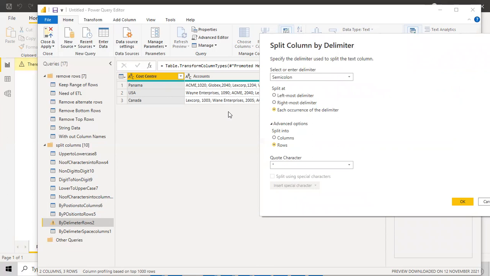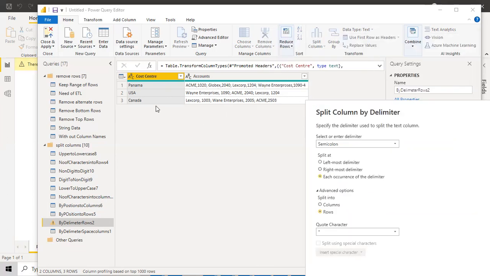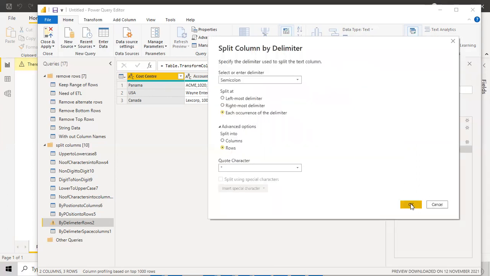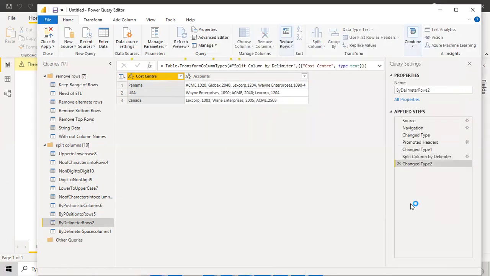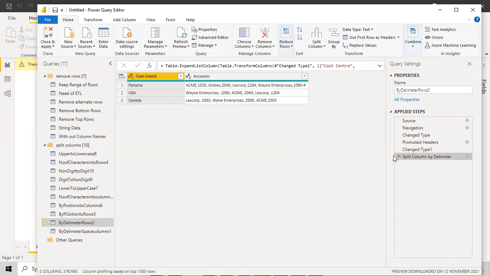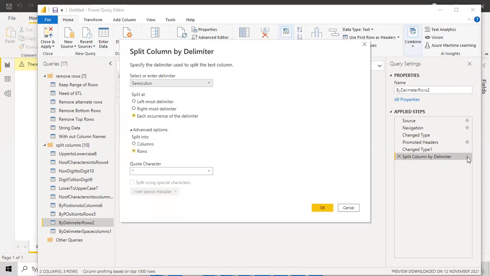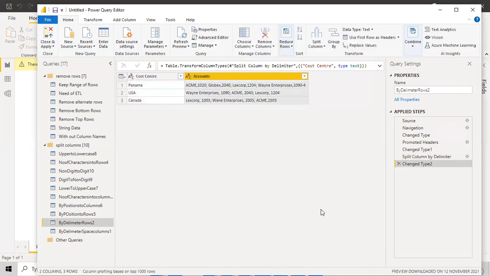I want to make it into rows so it doesn't go over here, it comes over here. You can see how it looks. I'm sorry, I did it wrong. I clicked on the wrong column.